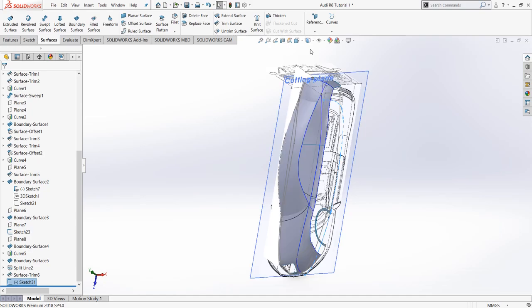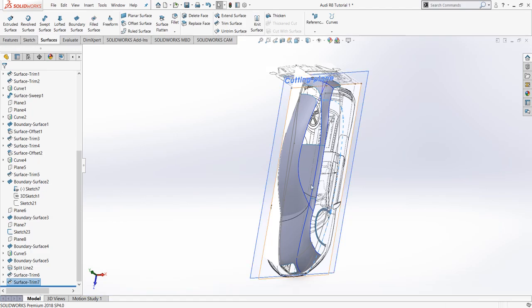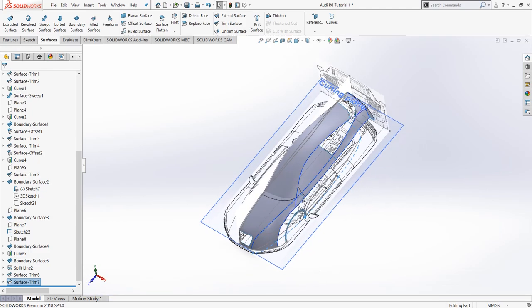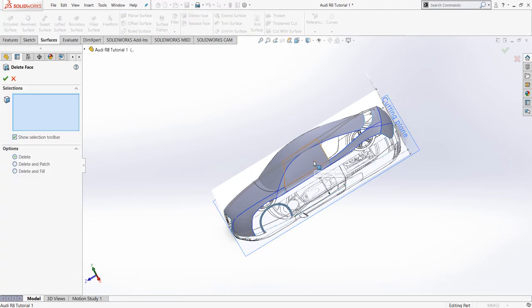Now go into shaded mode, give trim surface and select this face and click remove selections. Then press tick. Now this part of the surface will be removed, and then go to surface and click delete face and select this face and click OK.